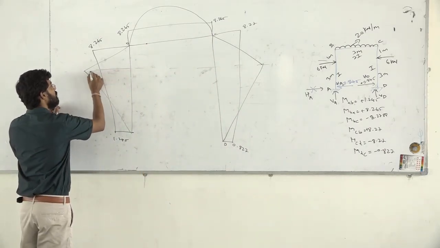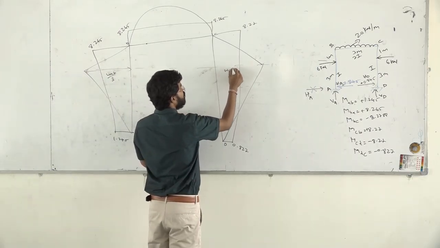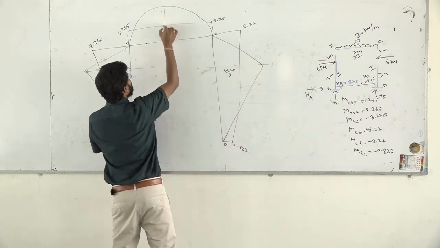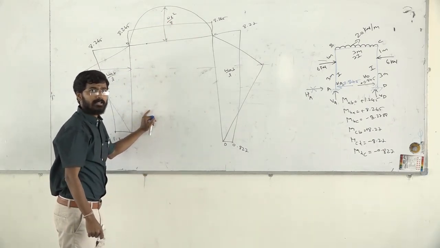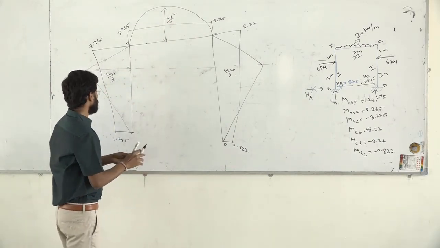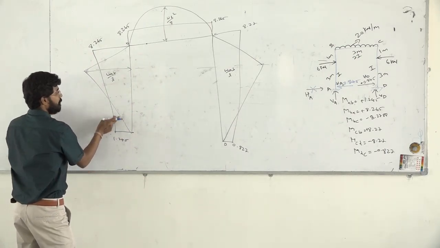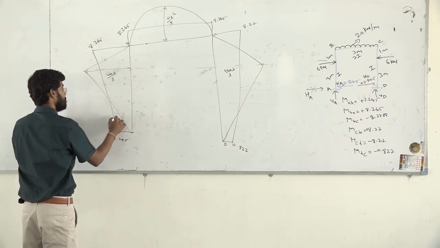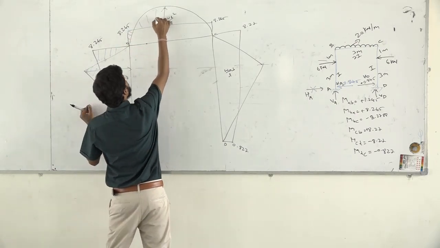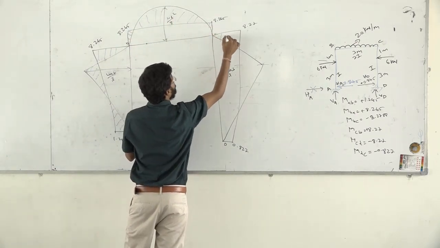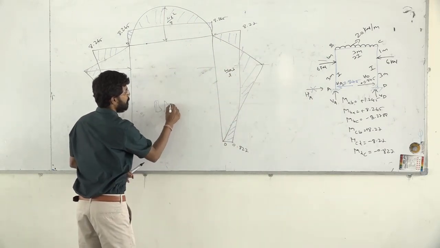Now for the triangle, how can you find it? This is WAB by L. So here also this is WAB upon L. But here if you want to calculate, this is WL square upon 8. So you will get WL square upon 8. When you substitute it, after substituting, you have to just highlight whichever portion it covers. Similarly here also we have. So this is our complete bending moment diagram.